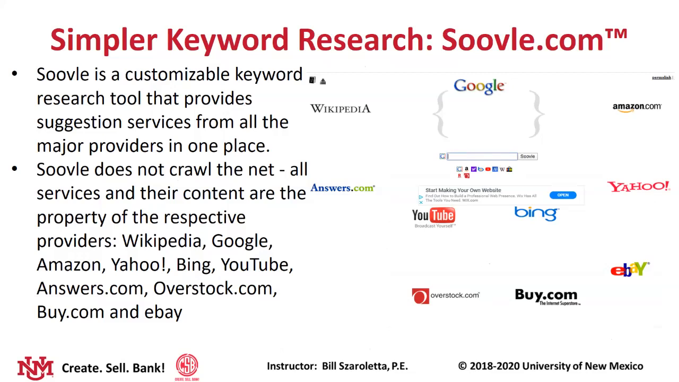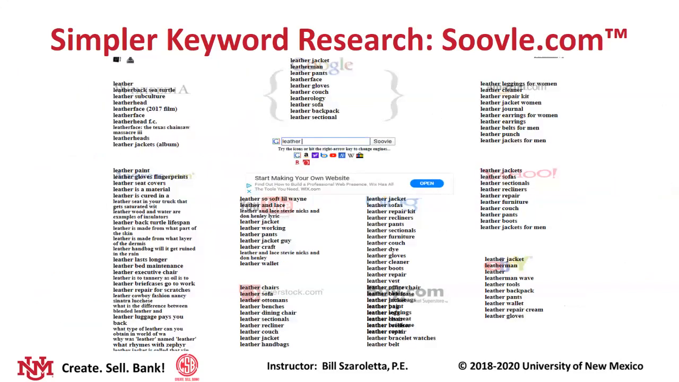All it does is it goes off and it's written to the APIs of Google, Wikipedia, Answers.com, YouTube, Overstock, Buy.com, eBay, Bing, Yahoo, Amazon, and you'll see what happens if you put in the leather in here. Each one of those search engines shows up here, and this is